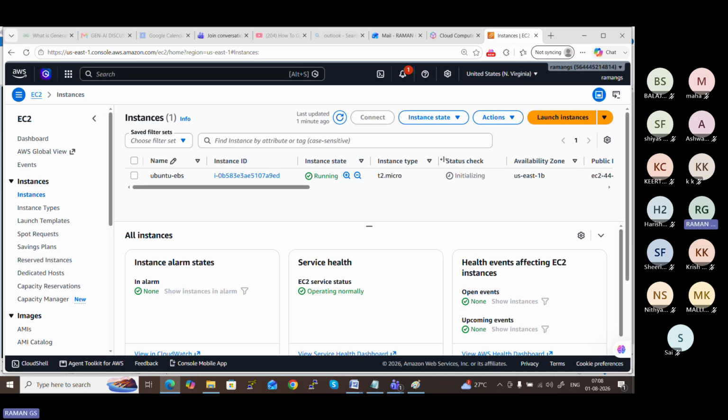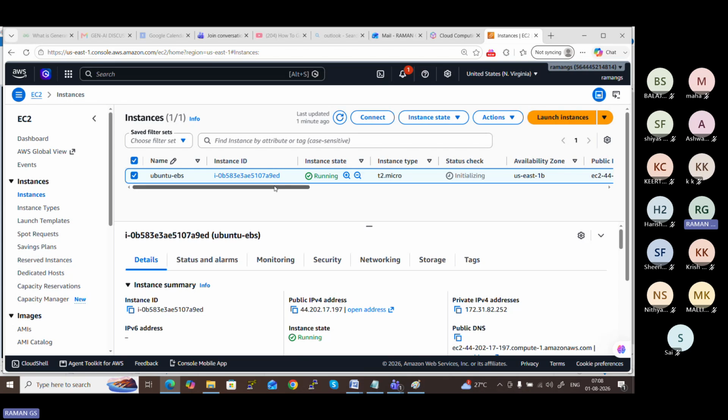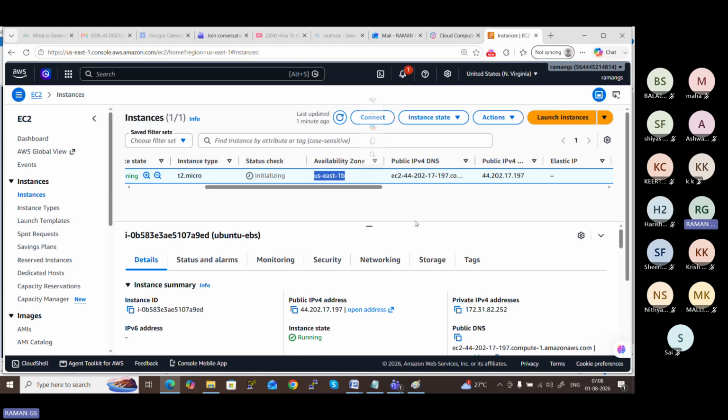So now the instance started running. When you click on that instance, the first step is to be aware of where it is launched. Now the availability zone, US East 1B. This is the availability zone where it is launched. Therefore, when you want to create an EBS volume, you should create the volume in the same availability zone where your instance is running. Okay.